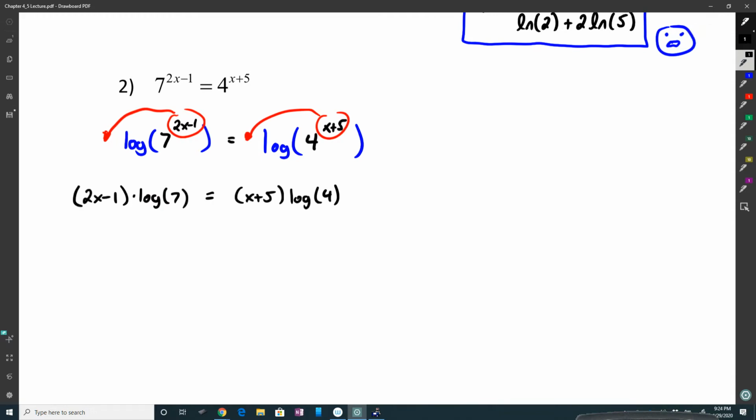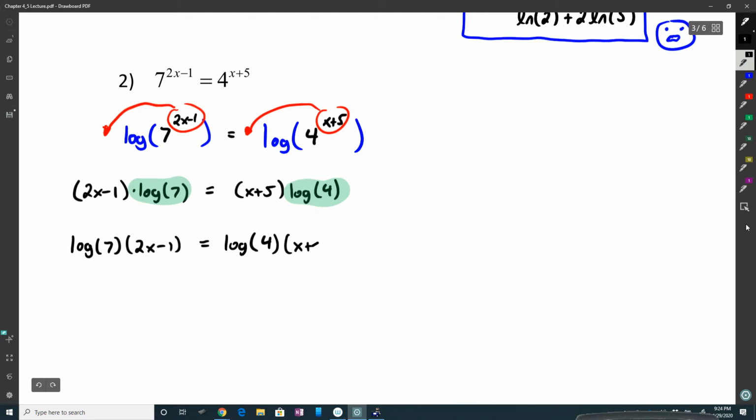And if it helps you, usually when we see a number in front of the parentheses, I'm just going to get these and put them in the front of the parentheses. You don't have to do this step. It's just a lot of people get freaked out when they see the number on the right. It's like seeing x plus 3 times 7. That looks kind of weird. If you put the 7 in front, then you're like, oh, I know what to do now. So that's what I'm hoping. But anyway,